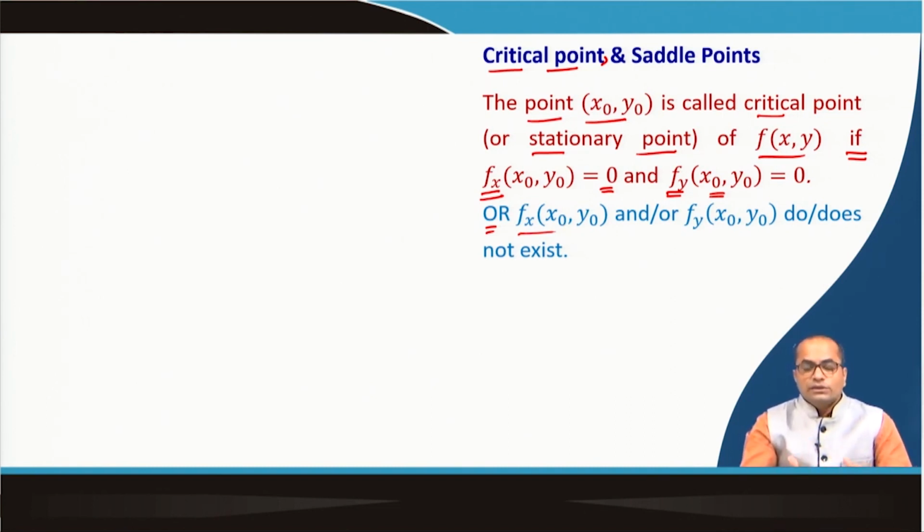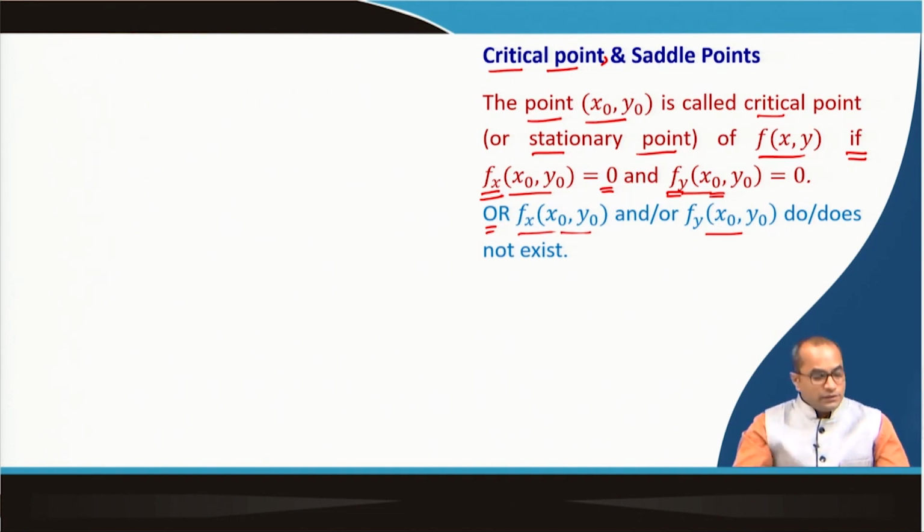because we have to also investigate those points for maxima and minima, because we will realize soon here that these points, the critical points, are those points where the local maximum or local minimum exist. So, these are very important points. We have to first collect all such points where both the derivatives are 0, the partial derivative with respect to x and the partial derivative with respect to y, and we have to also collect those points where one of the derivatives does not exist, or both derivatives do not exist. We have to also collect those points,